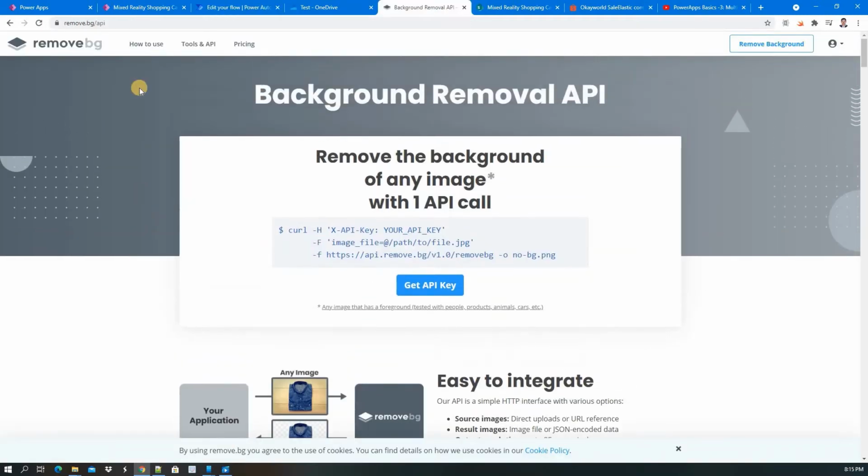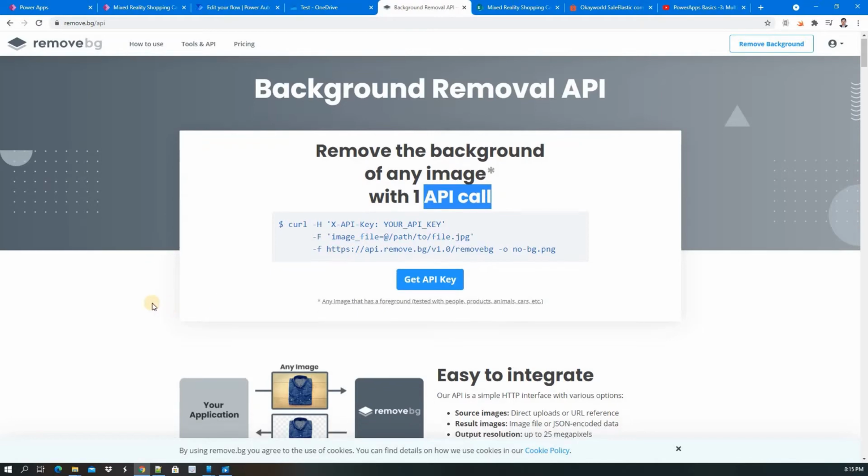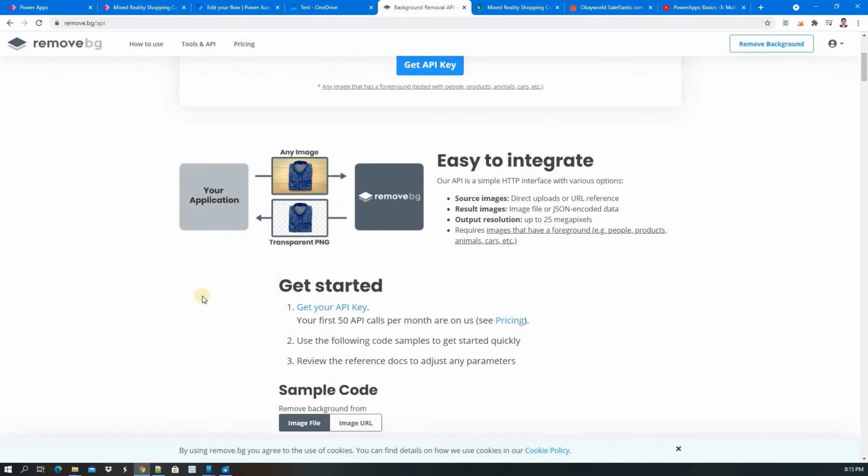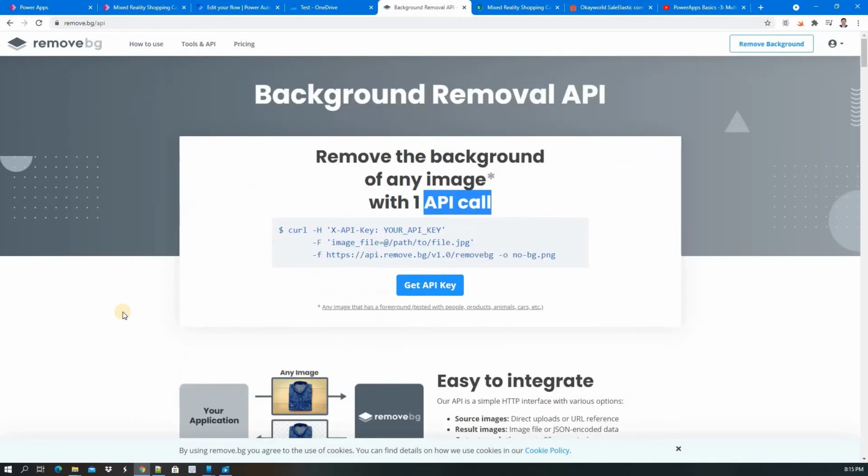Okay, so there is a site called remove.bg, and they give you an API. Calling that API, you can remove the background. You can see the picture they have given. You can register there. Of course, there is pricing for real-time or production use, but as a developer, they give you 50 calls per month. I mean, it is free for your R&D. You can do the things. You need to register once.